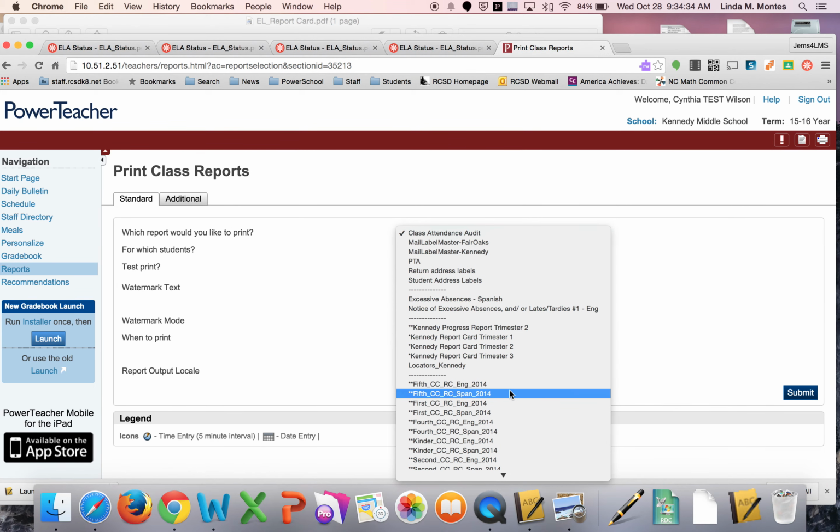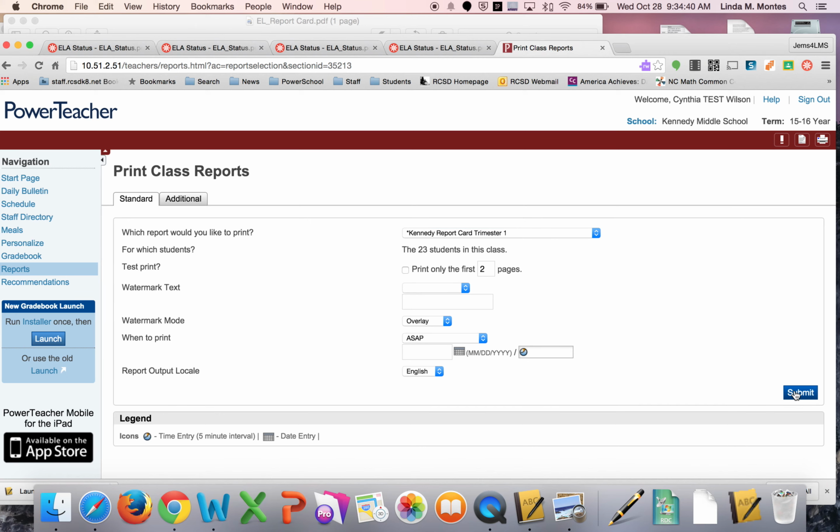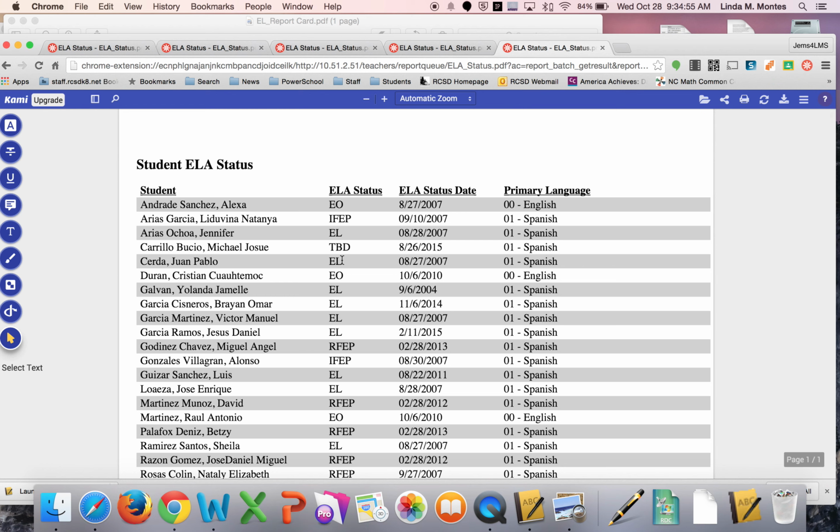Under Class Audit, if you go to Kennedy Report Card Trimester 1, okay, and you hit Submit, it takes you to this page, and you wait until you're able to view it. And then once you're able to view it, rather than wait, I'm just going to click on this one. Then you can print this page. So if you hit Print Original Document,